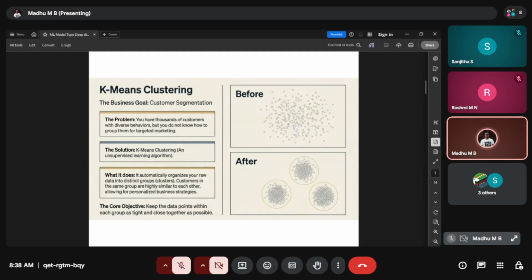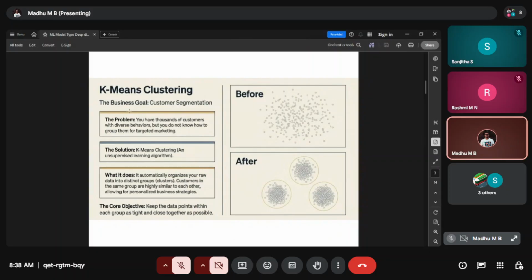So let's continue further. I was talking about the specific model, the K-means one. Let's understand what exactly this is. This is one of the models specifically for analytics. The business goal here is customer segmentation.